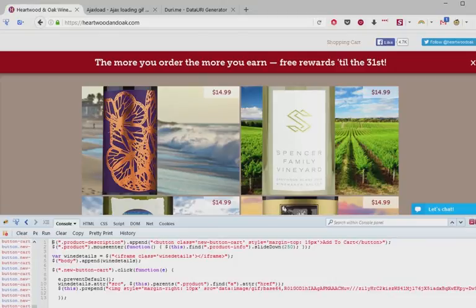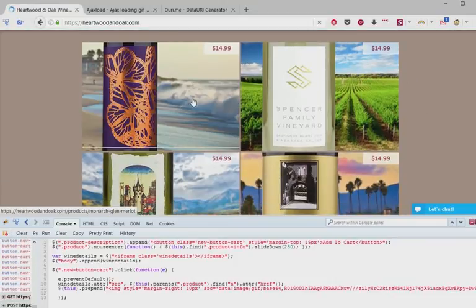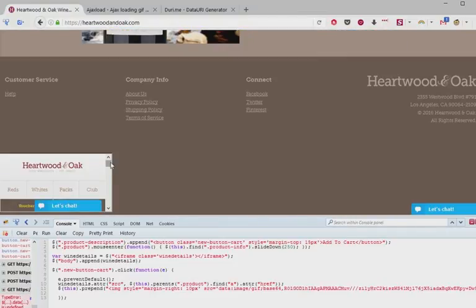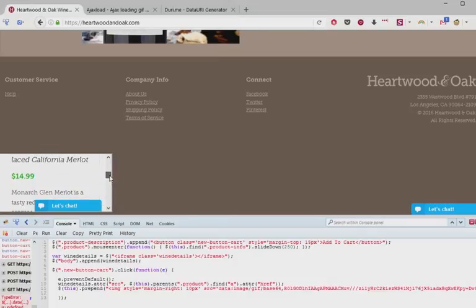Okay, here we go. So here's my new button. When I click the button, the spinner appears, and the page, instead of redirecting, is loading inside of the iframe. There's my product description. Inside of there, you see is the add to cart button. So what I have to do now is, as soon as this page is loaded, I want to automatically click